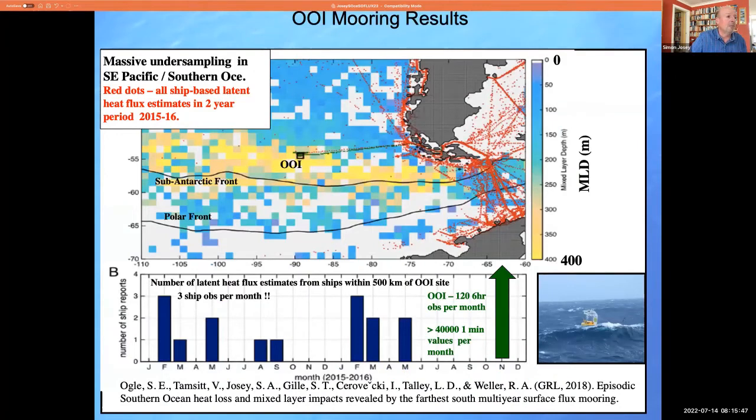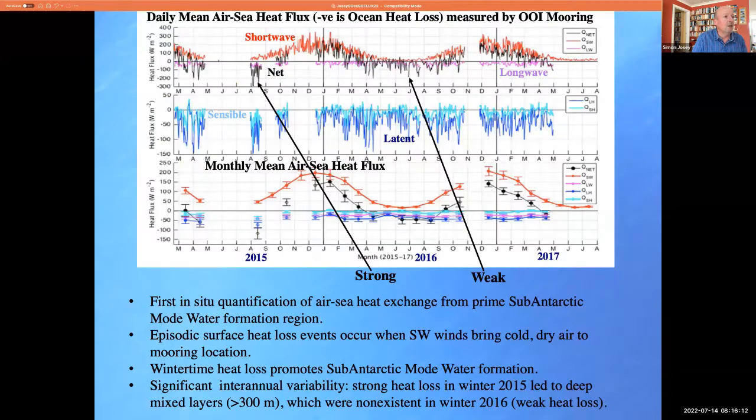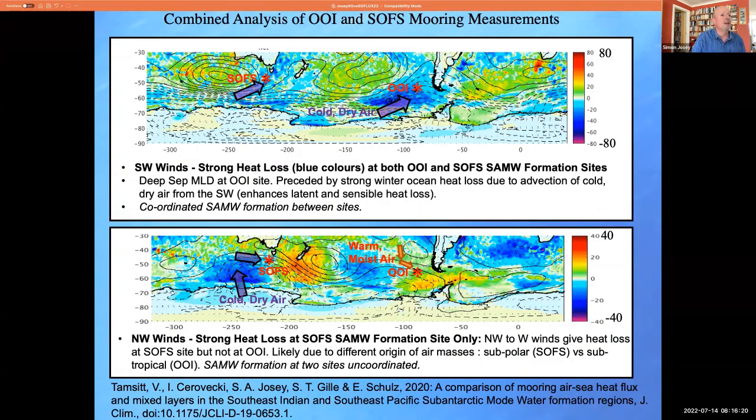The other mooring, the Ocean Observatories Initiative mooring, was here, and I was very fortunate to be able to get involved in the study that Sarah Ogle led, with Veronica Tamsitt, a very good student of theirs, where we did quantify the observations from this mooring and started to look at the annual cycle at this location. So you can read that one, and that's some of the details from that one. And then Veronica built on that work. And I think this is the one I want to focus on. So now a nice paper which came out a couple of years ago